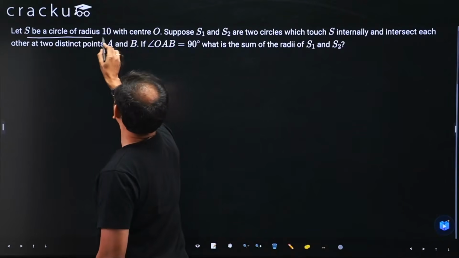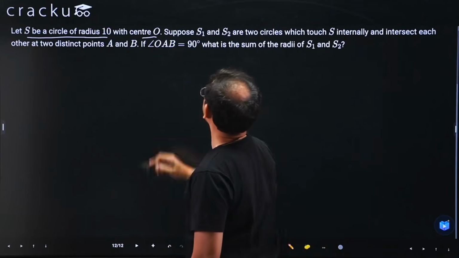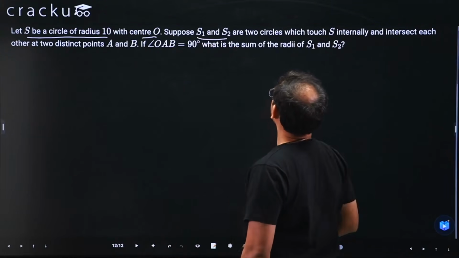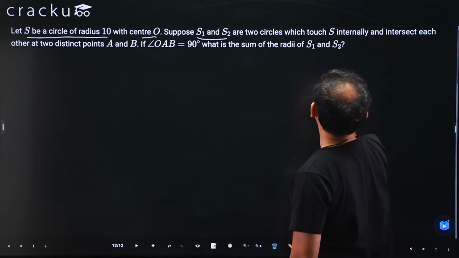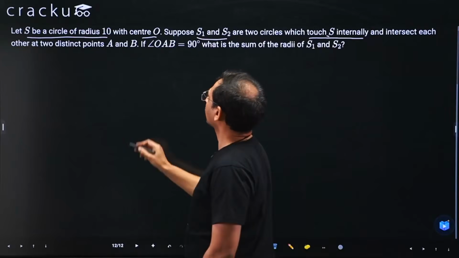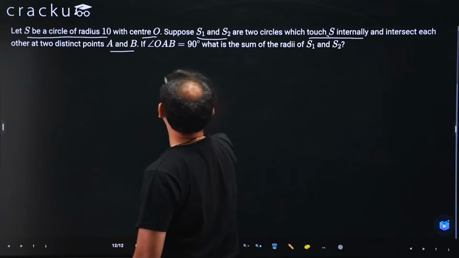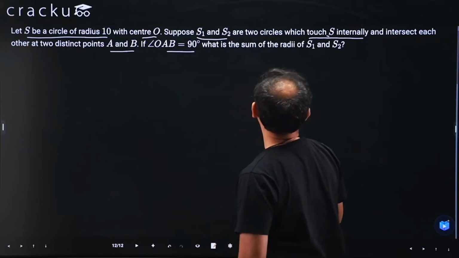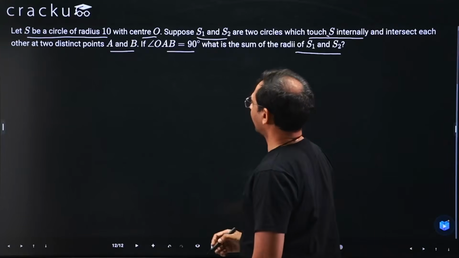Let S be a circle of radius 10 with center O. Suppose we have two more circles S1 and S2 which touch S internally and they intersect each other at two distinct points A and B. Angle AOB is 90 degrees. What is the sum of radii of S1 and S2? So